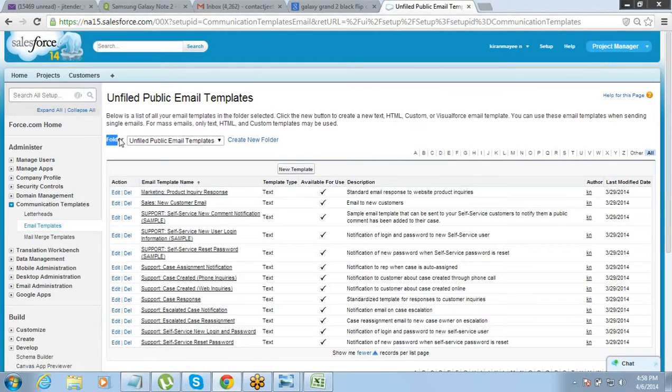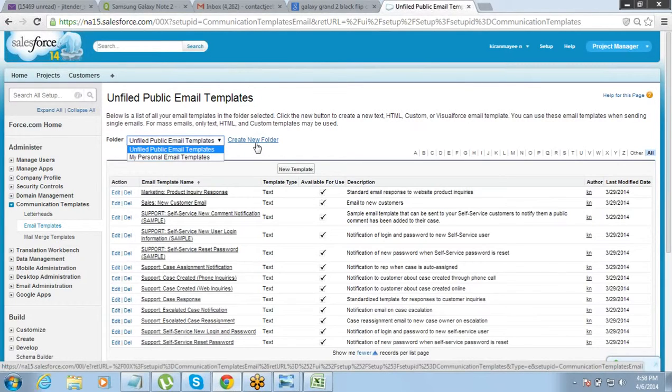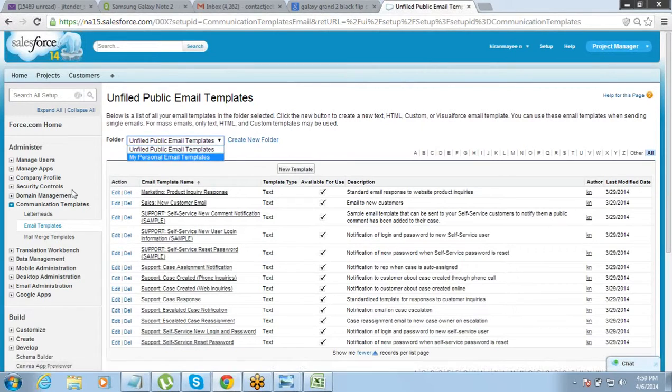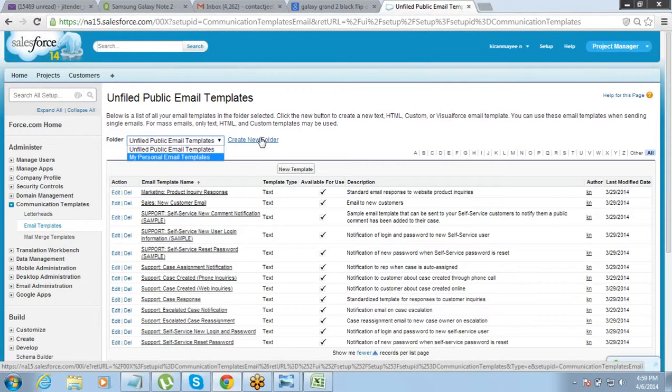At the top you will have the folder. There are a few folders which are already there, and you have the option of creating new folder, right? Click on the email template, see the folders are there, and you also have the option of creating new folder, right?